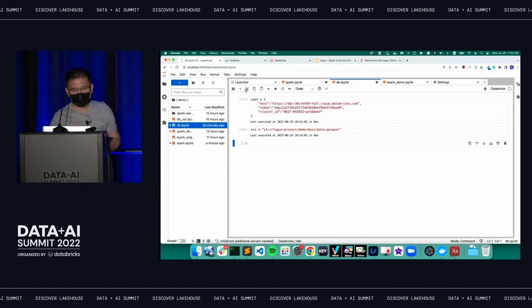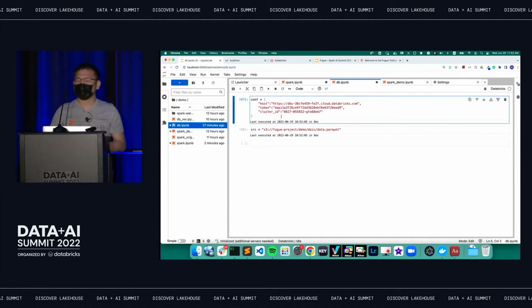Now we want to talk about Databricks. As you can see, I'm still on this Docker image, but we will use Databricks. How to use Databricks on your local machine? Probably you already tried using Databricks Connect and registering. But using Fugue, you can make this totally programmatic. You don't have to go through that Databricks Connect